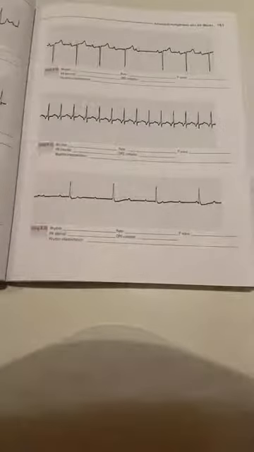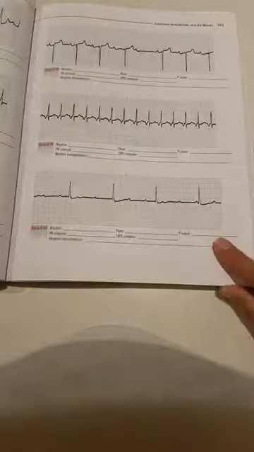Hi again. I just wanted to show you another example of mapping P waves across the strip. The last one I did was a Mobitz 2. I believe it was a 3-to-1 conduction. So now we're going to look at strip